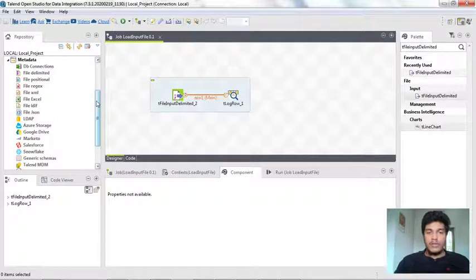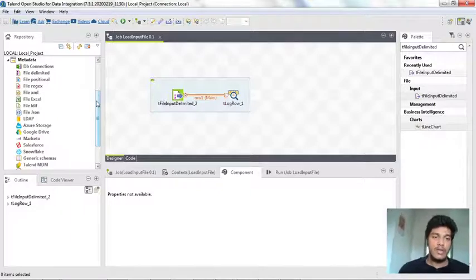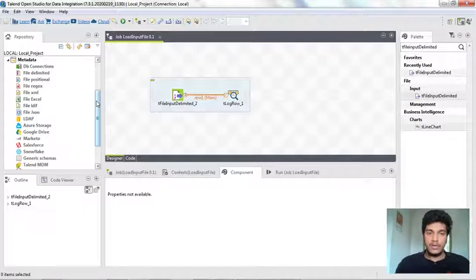Until now we have been doing configurations for a particular component, which is useful for that particular job only. If you want to reuse a particular configuration multiple times, then you need to use the metadata here. If you want to use the configuration of one delimited file in multiple jobs, you can create a delimited file metadata here, and that metadata will be stored in this metadata place.